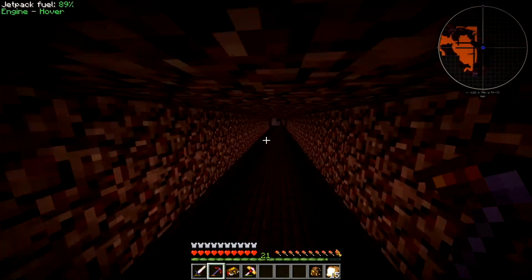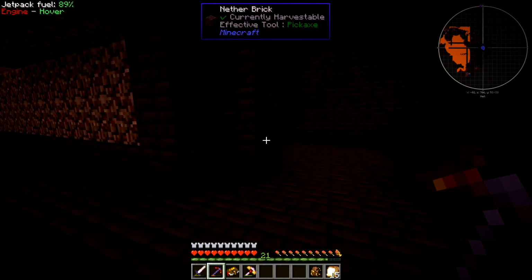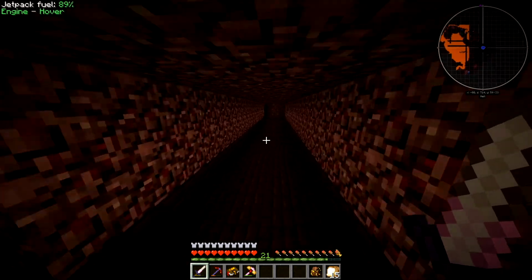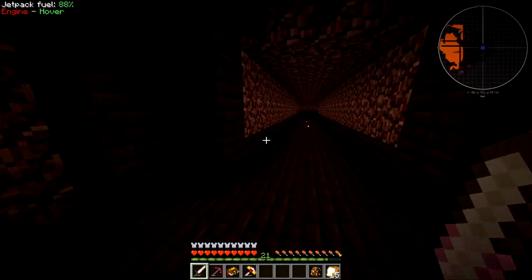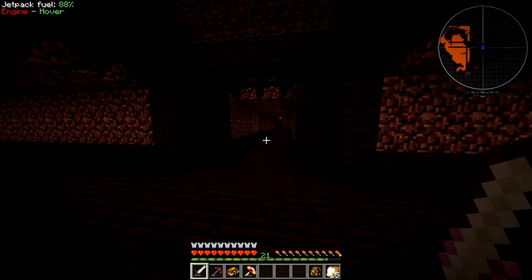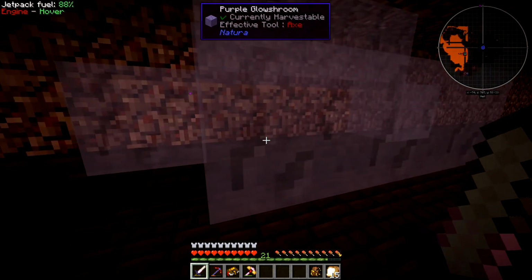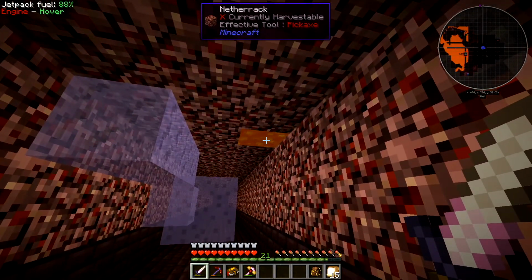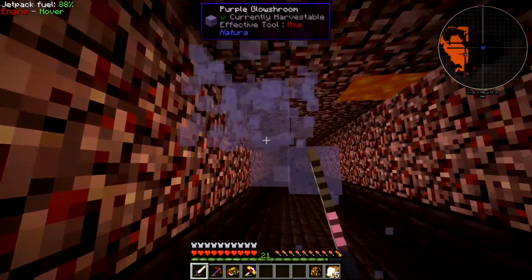But hey, how about we just go find a blaze spawner, right? Let's keep our sword out because these guys can get sketchy. And let's see if we can find ourselves a blaze spawner, because that'd be pretty awesome. What is this, purple? It says netherrack, but I'm seeing...